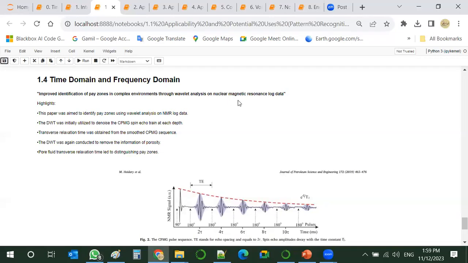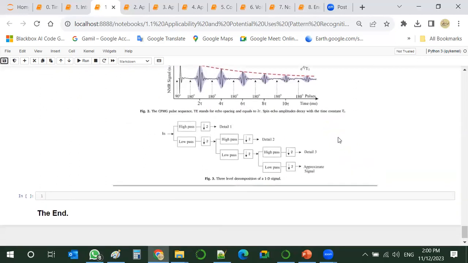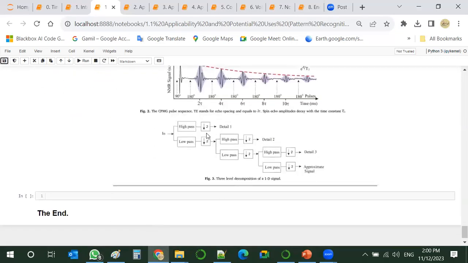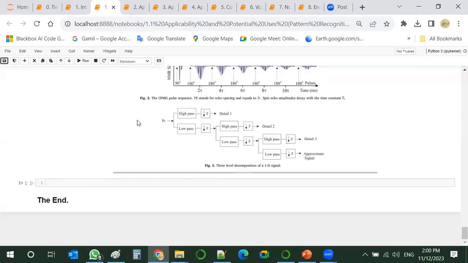And it is also very common in upstream, like in NMR, nuclear magnetic resonance, and seismic for sure. This is one of the works that is intended to handle this. We will not go deep into this frequency domain for now, but just to let you know.